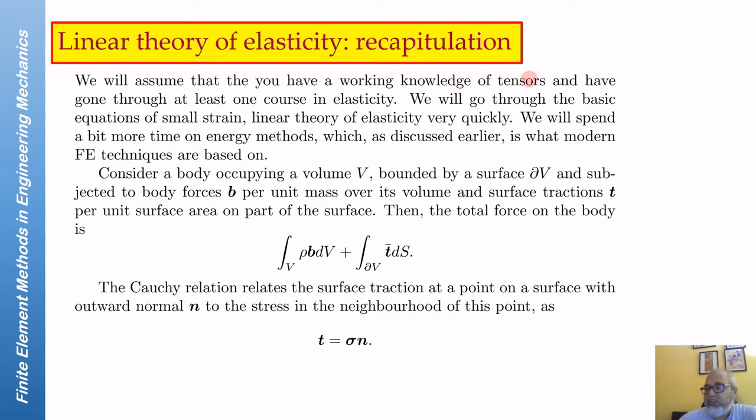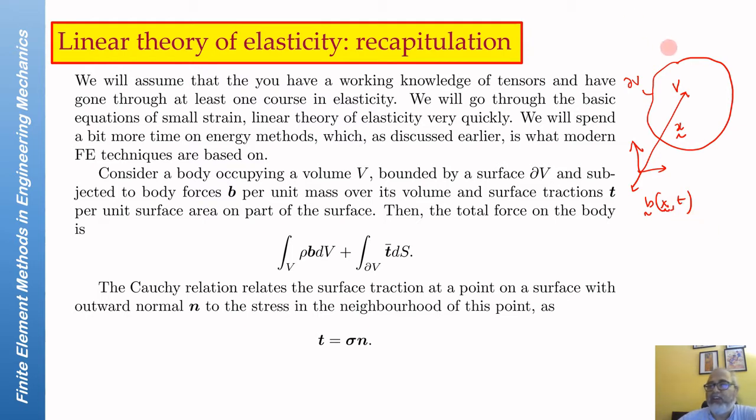So we start from the assumption that we have a three-dimensional body occupying a volume V and surrounded by a surface which we will call delta V. At each and every point on the body, described in some coordinate system, a point on the body is denoted by x at a time t. So at each and every point on the body, we have a body force field specified, which can vary with x and t. And on certain parts of the surface of the body, we have a traction field,